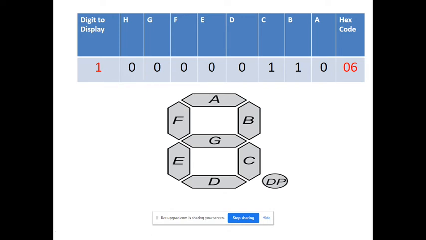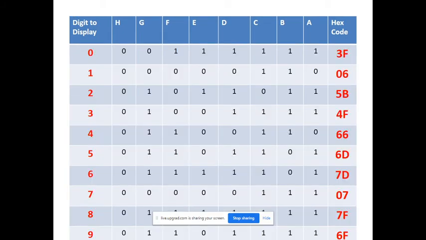In this fashion, just calculate all numbers 0 to 9. Okay, and according to that just calculate your hex code. Then we are writing this hex code in our lookup table. Okay, and suppose you want to develop a hex counter, just write numbers 0 to F, where b and d are small letters and all others are capital letters. Okay, just construct your lookup table and then we will see the code.